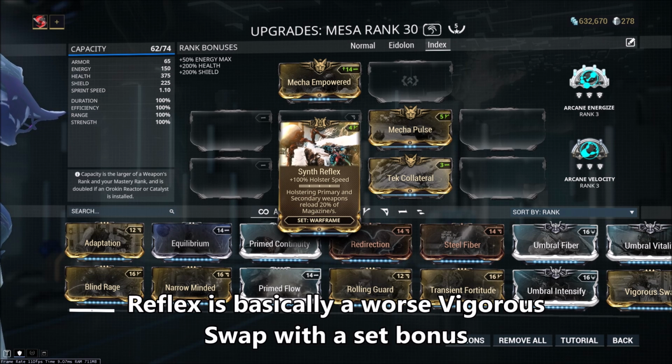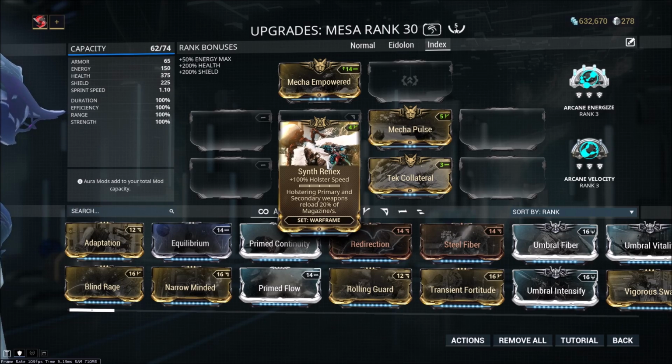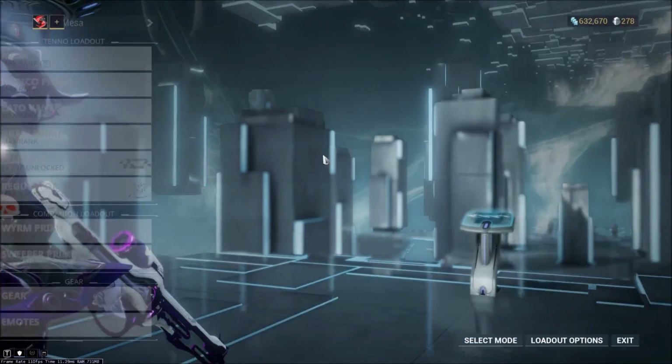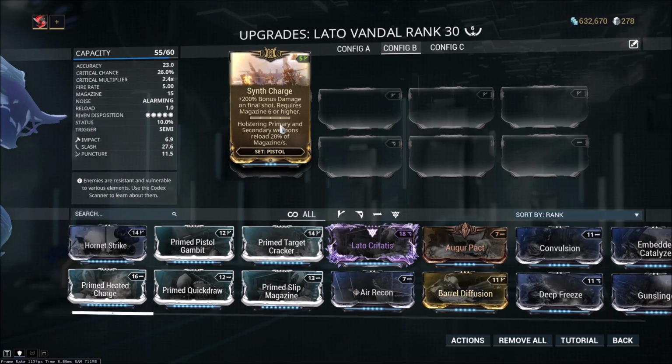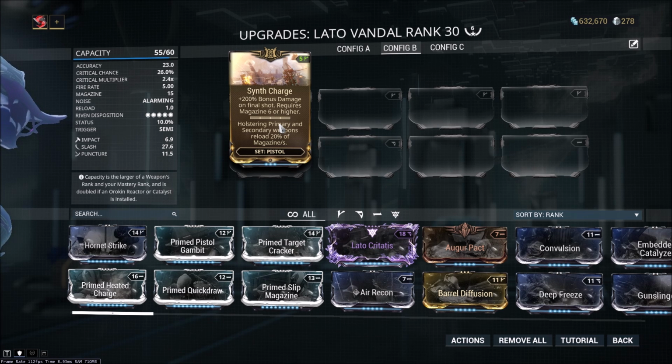Now for me personally, I'm not a huge fan of Synth Reflex or Synth Charge, simply because with Synth Reflex, I'll typically want something else from my mod besides holster speed. Even though that does work well with the set bonus, because you're constantly changing weapons to reload the magazine. And Synth Charge, the 200% bonus on the final shot is really mediocre. Typically, you don't want to rely on the very last shot in your chamber dealing the most damage. You can put a different mod in here that will increase your damage on all the other shots, and not just that last shot,